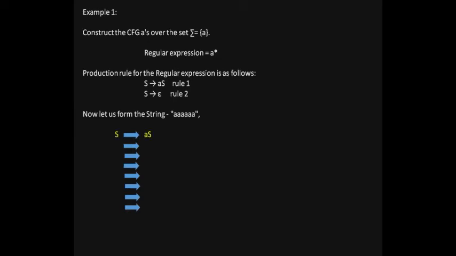Here you can see an S symbol, which is the start symbol, and you can begin the string formation from here. Here we use rule 1, aS, and we will replace all the S using rule 1 until we get 6 a's, and after we get all those 6 a's that we want in our string, we will simply replace that S with rule 2, that is with a null, and we will get our final string.